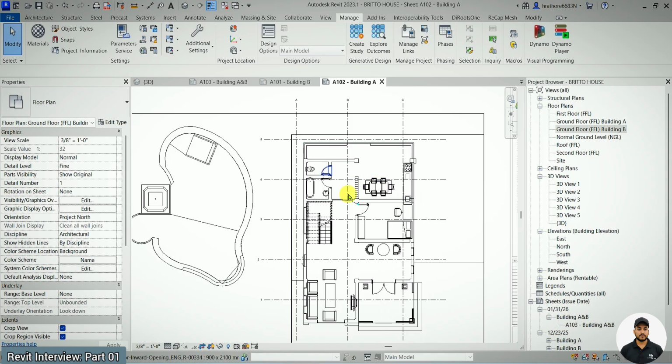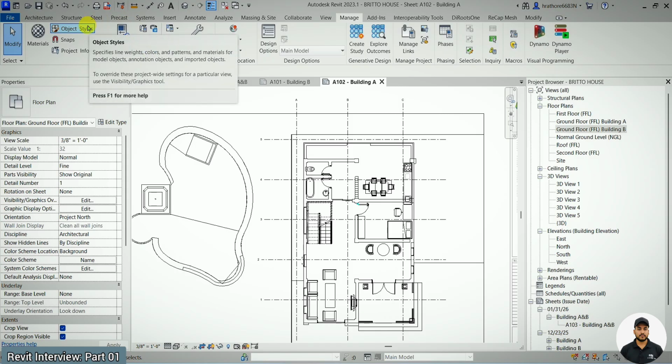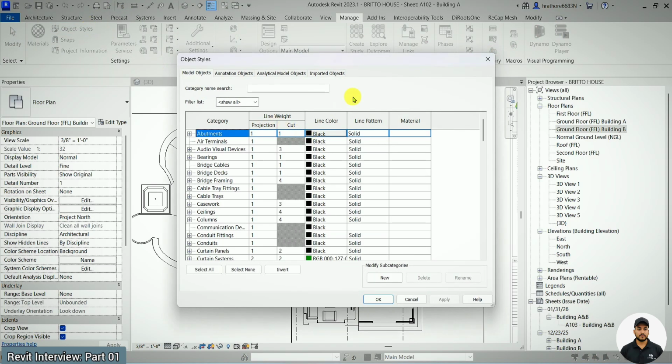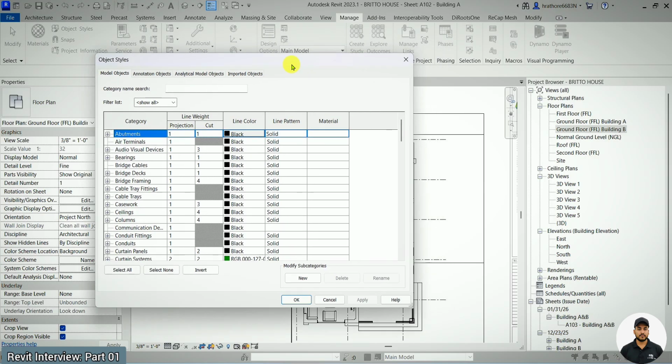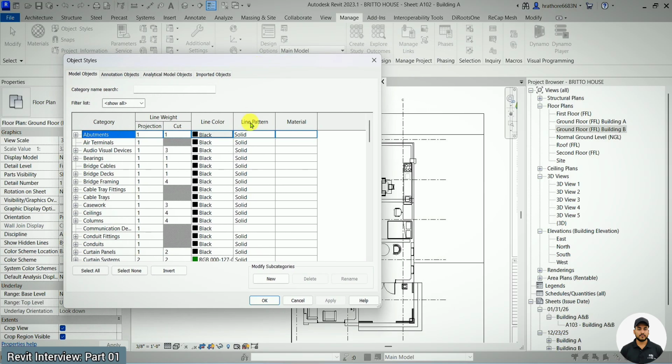Also you can manually select and change the color, but this one will be affecting only the building A floor plan, not the building B. But we want to change it in every view. For that you have to use the object style. Object style are the global settings. So whatever changes you make here will be globally applied in all